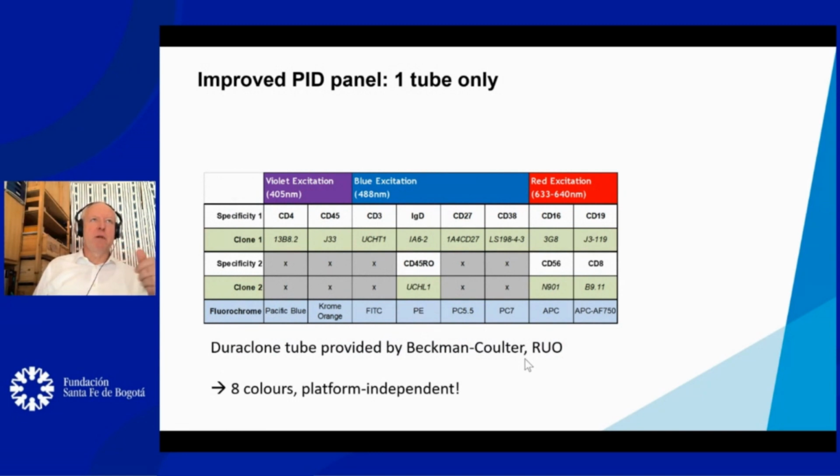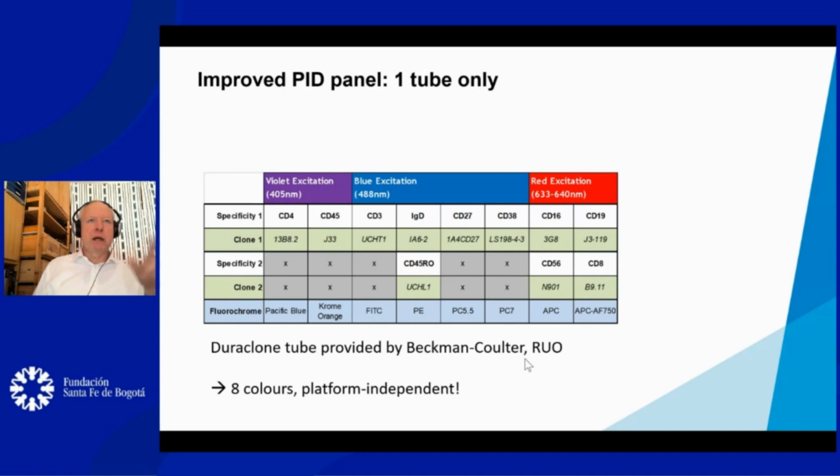was how can we improve it? Together with Beckman Coulter, we developed some years ago an improved PID panel, one tube only, that can be used in any flow cytometer with 8 colors. This means this tube is really platform independent. It's very important. Such a tube can be applied to many flow cytometers in routine laboratories and helps to detect many